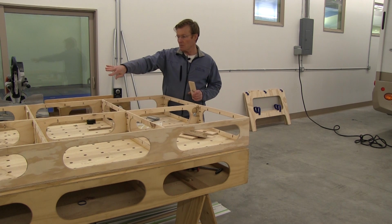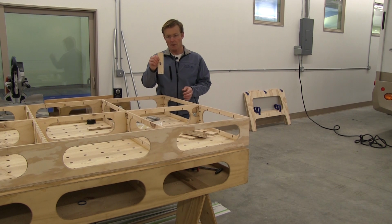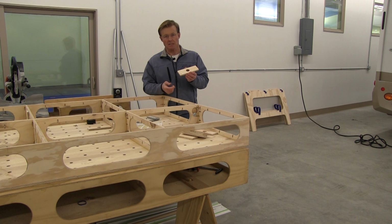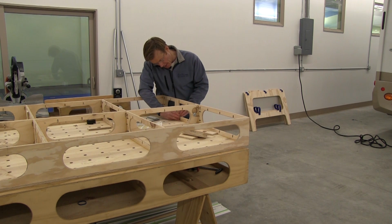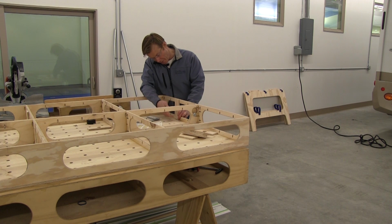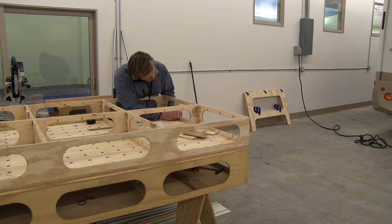Okay, I've got the marks laid out from the center out, and I've got the center marks on my blocks, so all I have to do is line those up. Because I'm building this upside down and it's easy to make a mistake, I mark top, knowing that this is the top of the bench down, so I'll put that up, snug that up tight, because the dimension I'm measuring is from the top to the center point, and if these aren't quite flush on the bottom, that's fine, but I want them tight to the top and I want them centered that way. So first thing I'll do is put in 1 screw into each block